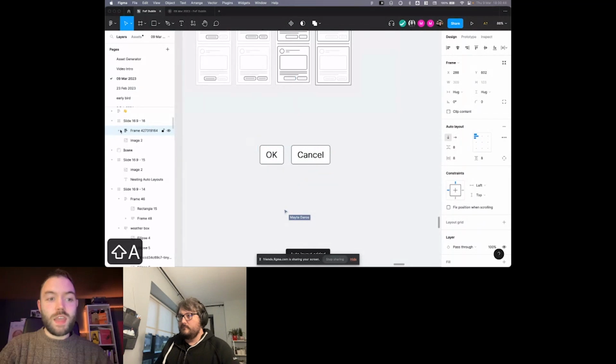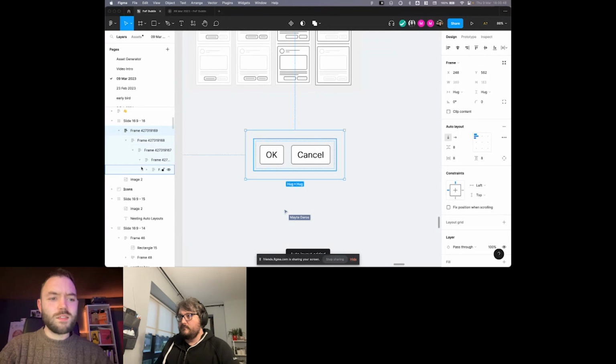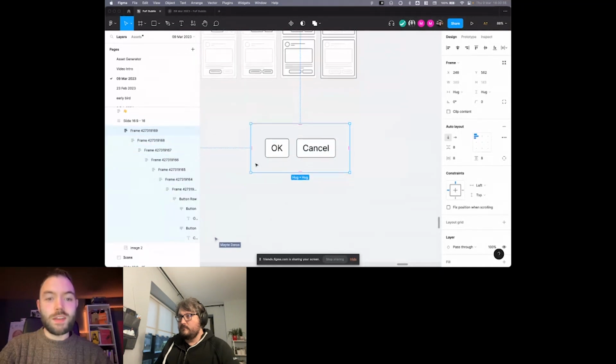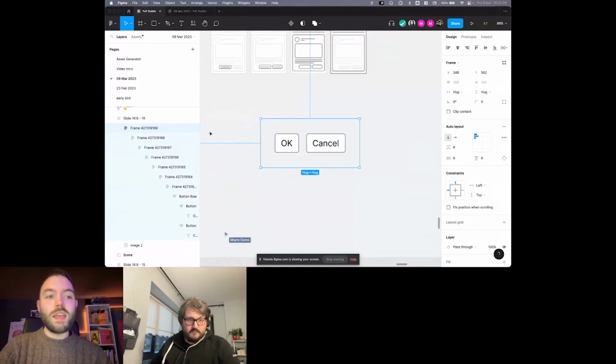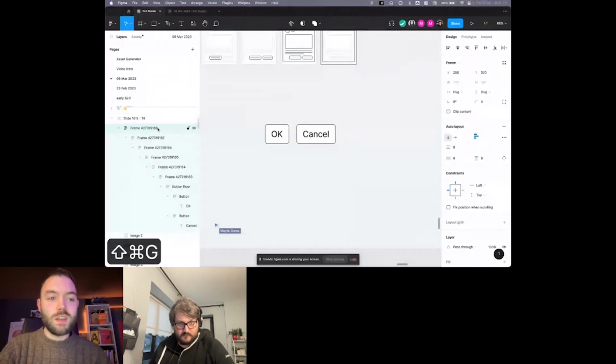If I press Shift A again, press it a bunch of times, I end up with this thing that I like to call a stairway to hell, which is a whole bunch of auto layouts with nothing in them except more auto layouts. And this will happen when you're building stuff really fast. If you realize you've built too many auto layouts, you can press Control Shift G or Command Shift G, and that will basically remove the auto layout